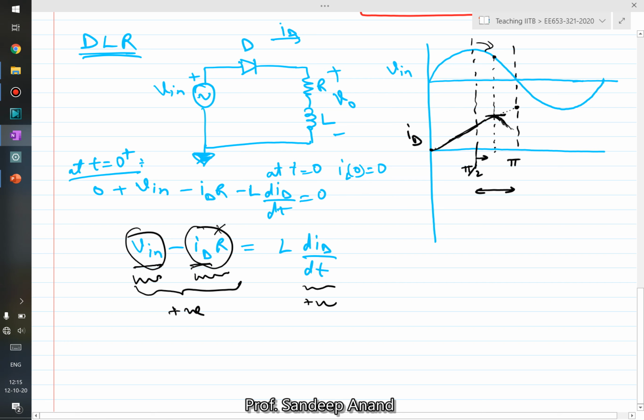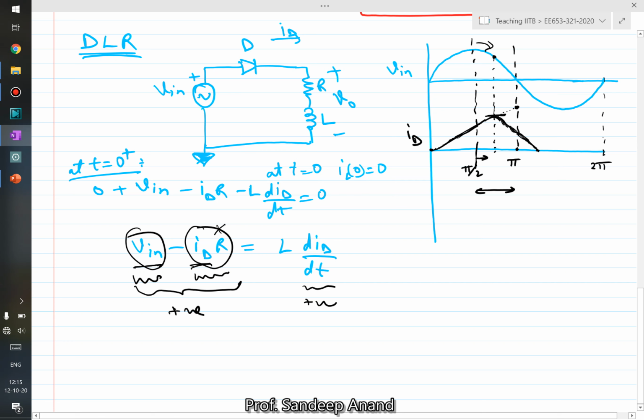It need not necessarily fall to 0 before or after this, right? It would depend on the value of resistance, and then it might still conduct till this point, so it would fall and then it will come back to 0 somewhere between the value pi and 2 pi, depending on the value of resistance,